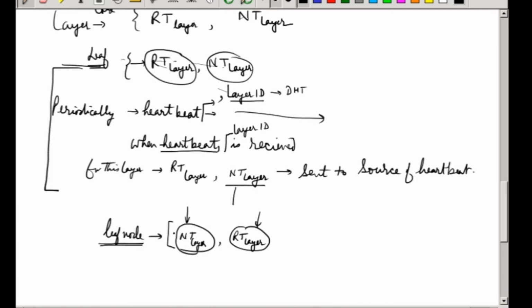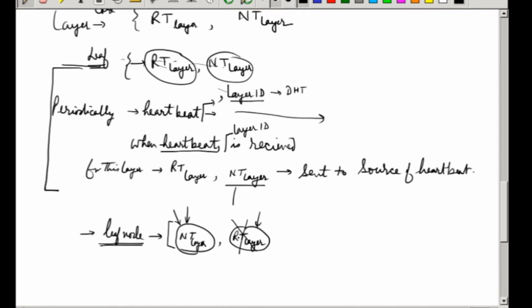Essentially, a leaf node at the base layer with no node ID assigned will not require a routing table; it just has to hand over to somebody. It will use one of the neighbor table entries to forward the query, and from there the query can move further. The routing table is not required if you are a leaf node without a node ID.